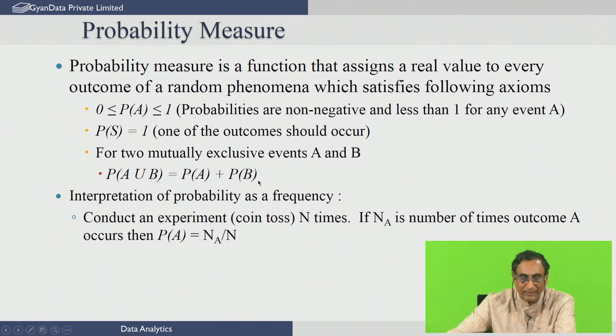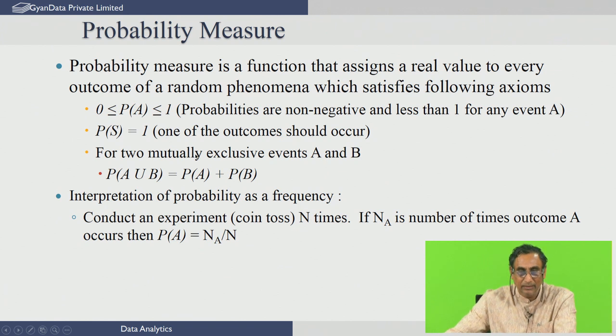The easiest way of interpreting probability is as a frequency. For example, as an experimentalist you might want to do the coin toss experiment, let us say 10,000 times, n times, and then count the number of times a particular outcome is observed. For example, let us say you are counting the number of times head occurs. Let Na be the number of times that the outcome A, corresponding to the head, occurs. Then the probability of head occurring can be defined as Na by n. So this you can see is bounded between 0 and 1, and the other outcome will be n minus Na by n,